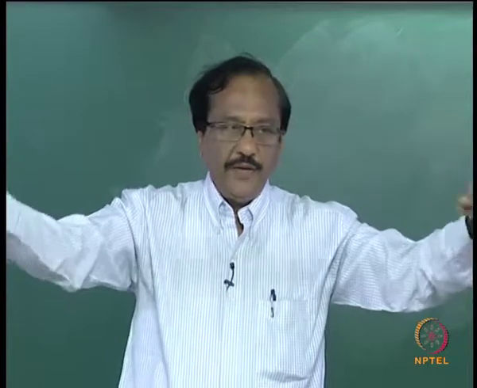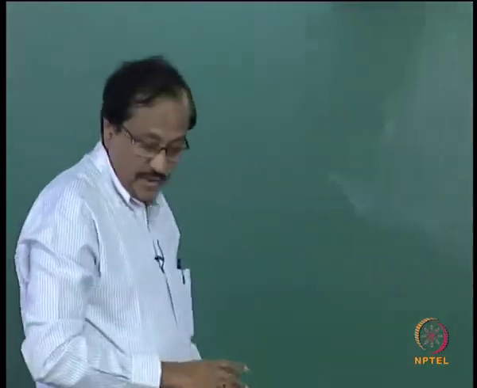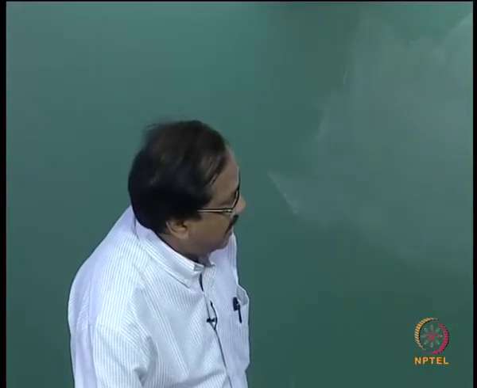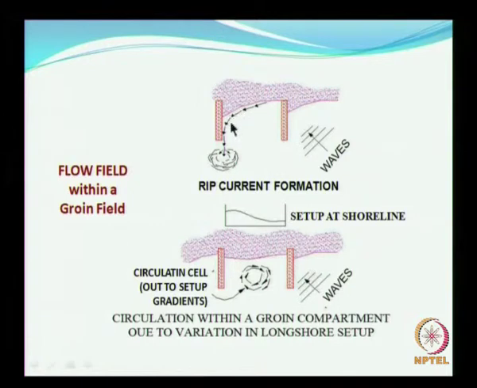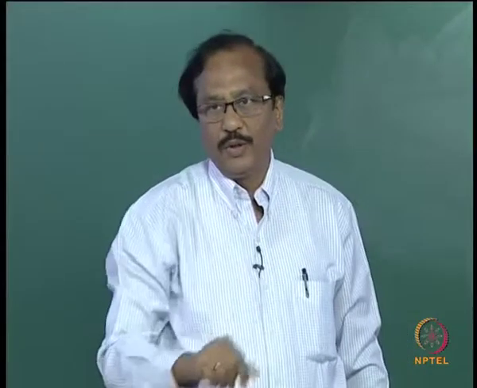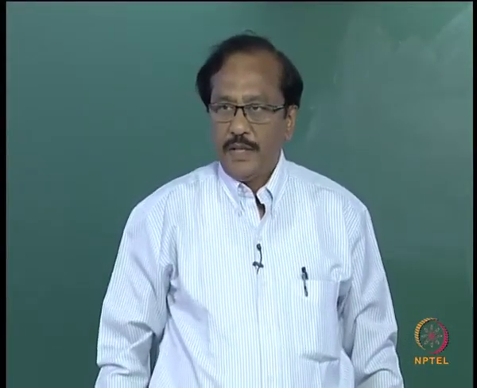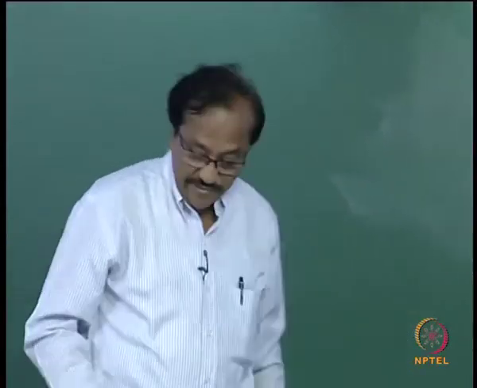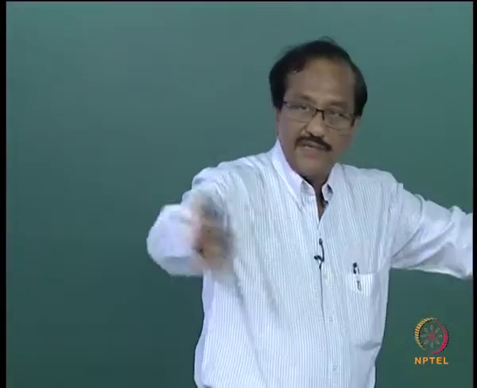Okay. And then you have the feeder currents, which I have already explained. Please refer to my lecture on the rip currents. So when you have such a pair of groins, for example, or a single groin, you can have the direction of flow towards the ocean. The groin is forcing the flow to take place and it is directing the flow towards the ocean. And after a certain distance away from the groin, the flow gets diverged.